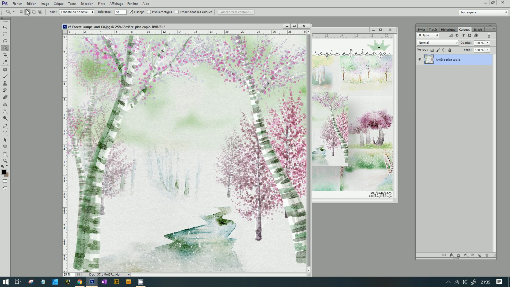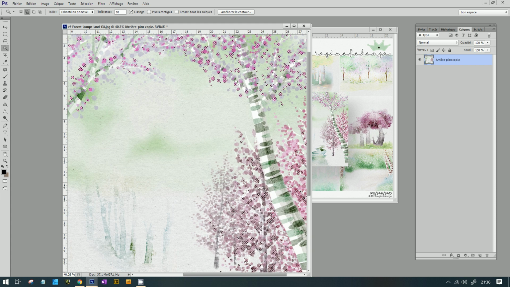You can click many times in this box, and here you uncheck this box to select all the same color in your page. You see all is selected.